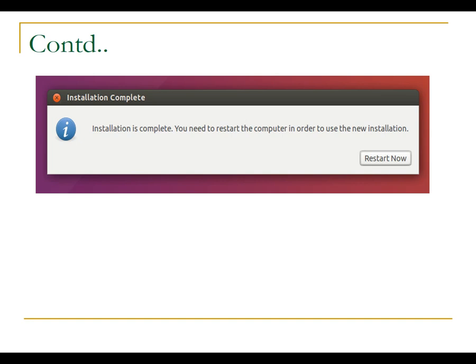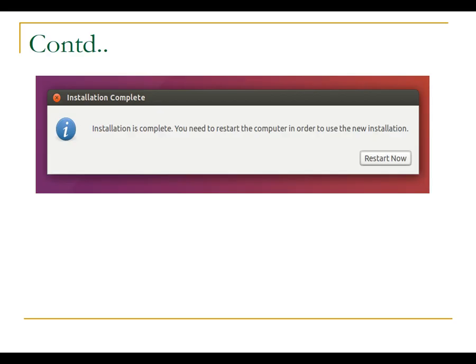So just restart the system. Once you restart, Ubuntu is loaded from the secondary storage device and you will see Ubuntu with its desktop on the screen.